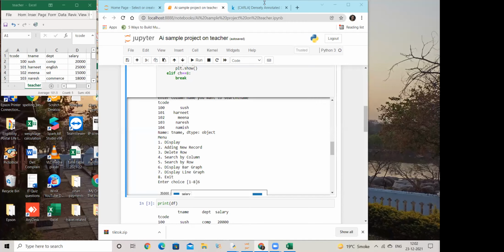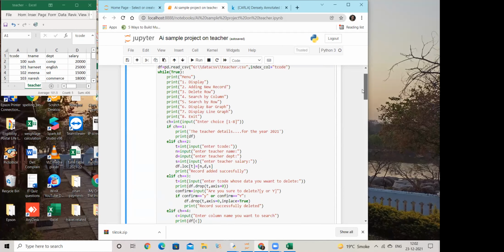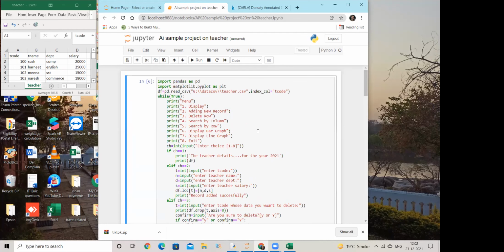Any issues, any problem, ask. I know right now it will seem like you've understood, but when you do it, problems will come. So for that I'm available on phone, no problem. And of course I'll share this recording also so that you don't have any problems. But I will not share the code directly because then there's a tendency to copy paste, which I don't want. So try it out for your own self.